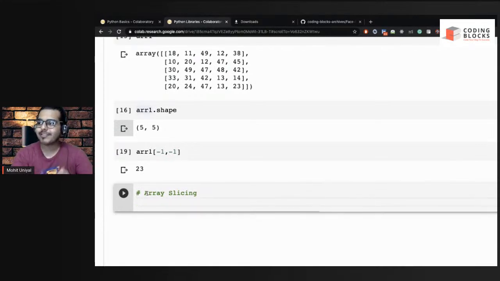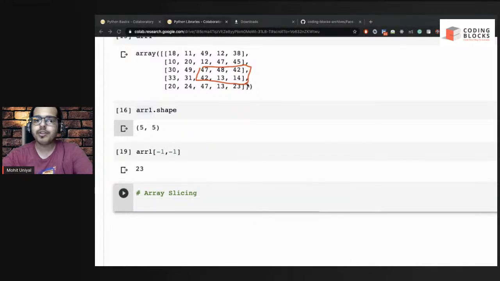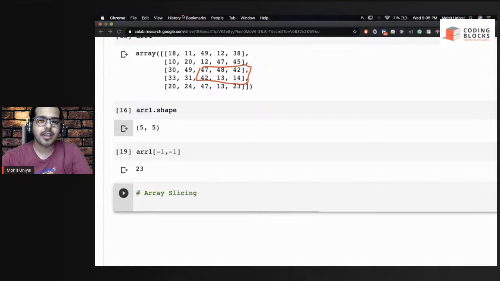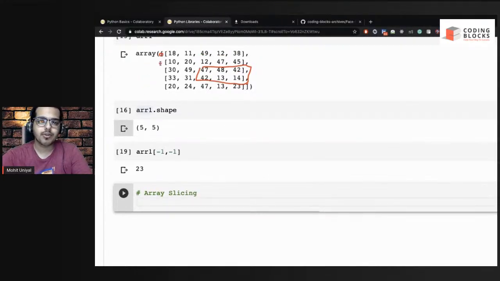Okay, so let's do array slicing. Right now what I want to do is get these elements, let's say these 6 elements. Using array slicing, I can get these 6 elements. How? Everyone knows this is 0, 1, 2, 3, 4, and again 0, 1, 2, 3, 4. So the syntax of array slicing in 2D is basically